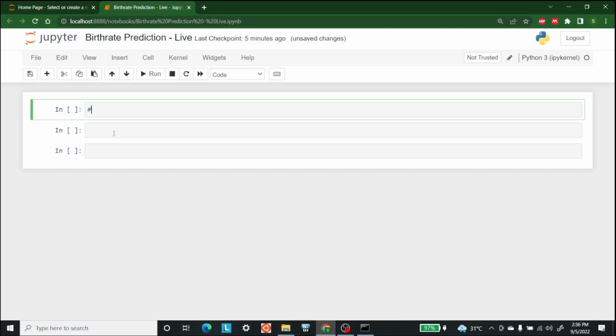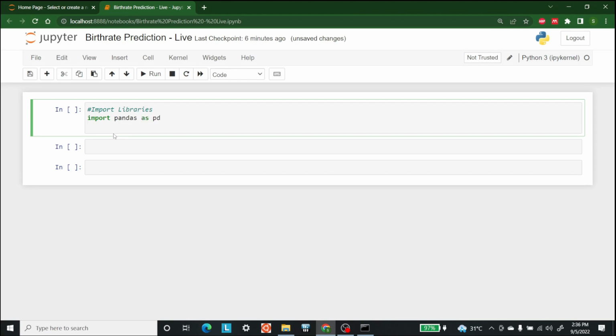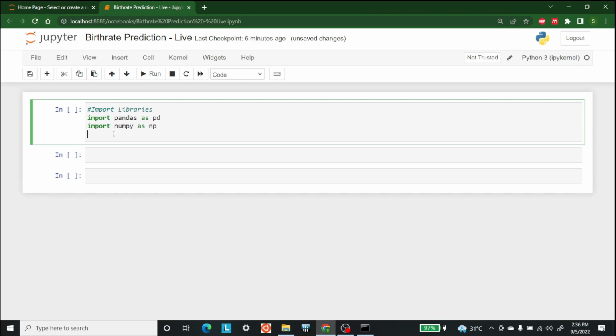The first thing that we need to do is import the libraries that we are going to use in this project. The first library that we are going to use is pandas. So first, let's just write import pandas as pd. After that, the second library that we are going to use is numpy. So let's write import numpy as np. Other than that, we are going to use pyplot from matplotlib. Therefore, let's write import matplotlib.pyplot